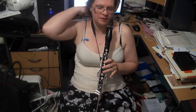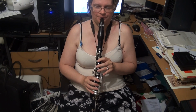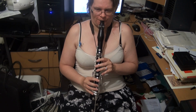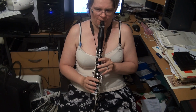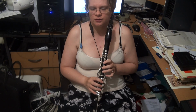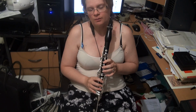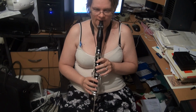Now the jazz melodic minor scale, which is the same up as it is down, with E natural and D natural. Your F minor arpeggio. Note that you will need to use the left hand F to get to the A flat and stick the register key on left hand C. Well, you won't actually need the left hand C in this case because it's a major 7th. So